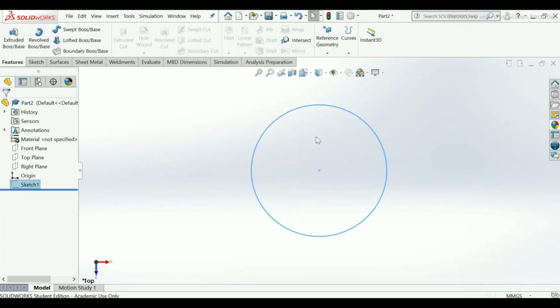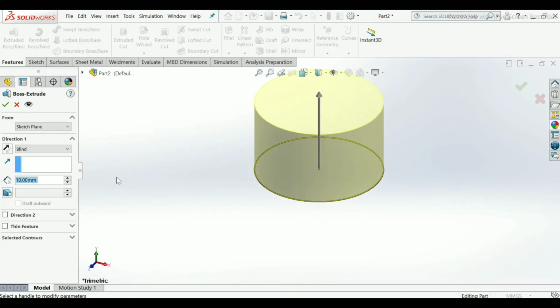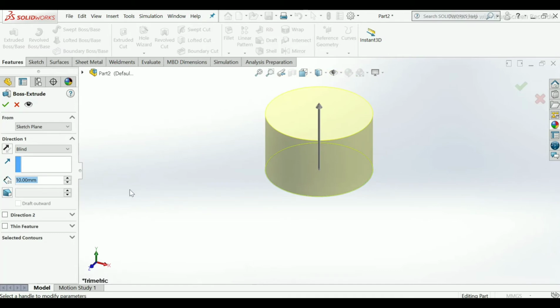Exit, go to extrude boss, give the depth 12 mm.